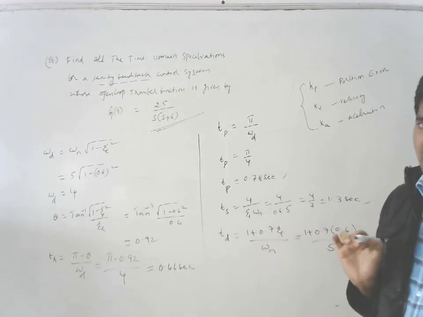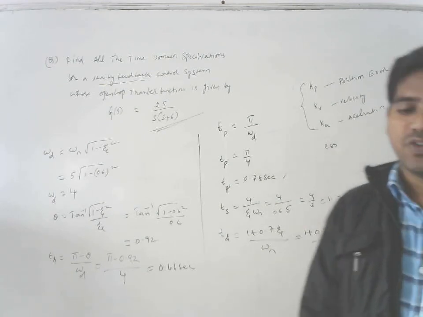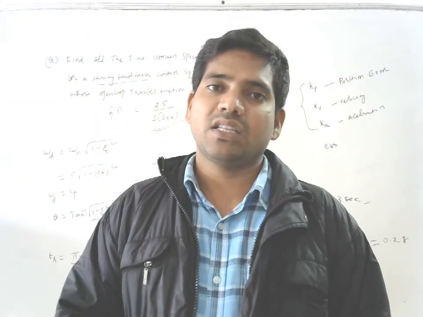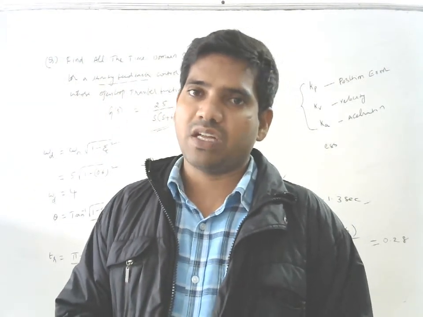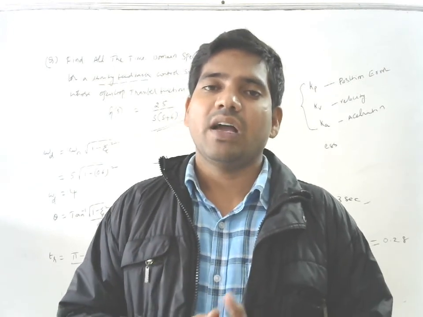That means steady state error. What is meant by steady state error? ESS. That means the actual value of the output compared to the actual value. Steady state error means we know what the error is. Error is nothing but the difference between output and input. That means what we are given and what we are going to get. That is an error, right?